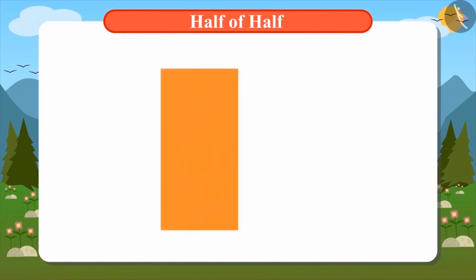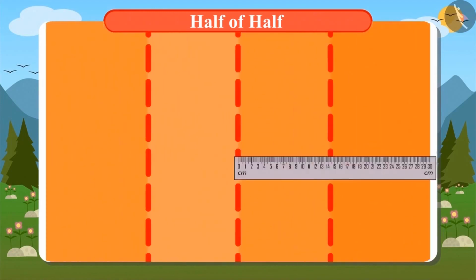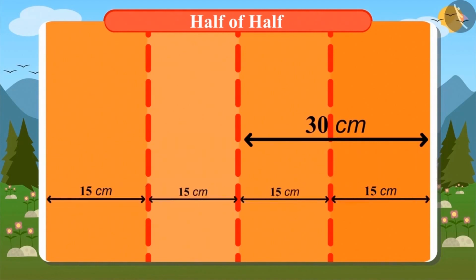For that, we fold the paper in half and we can fold this half-folded paper again. And now we will open the paper completely. Now see, on both the halves of this paper, there are marks. And now you can measure this too. Okay, I will measure them. One half of this paper is 30 centimeters and half of half is 15 centimeters. Now this paper is divided into four equal parts.